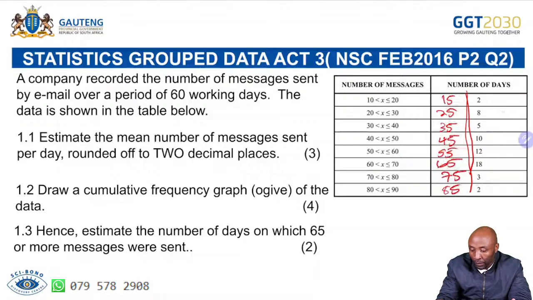Now, to get the sum, you multiply the midpoint by the frequency: 15 times 2,